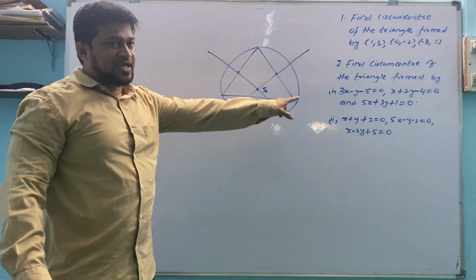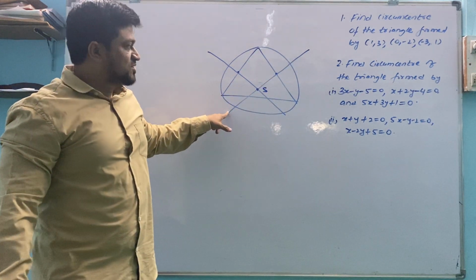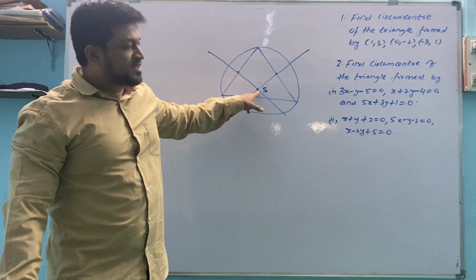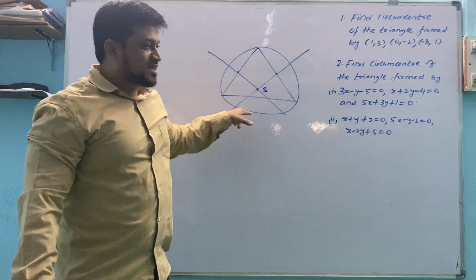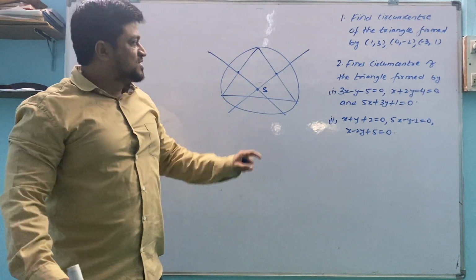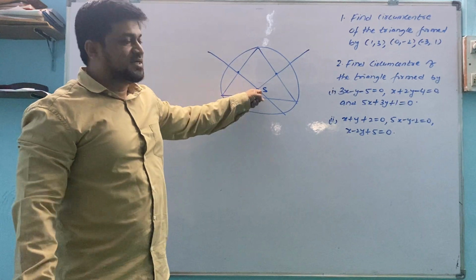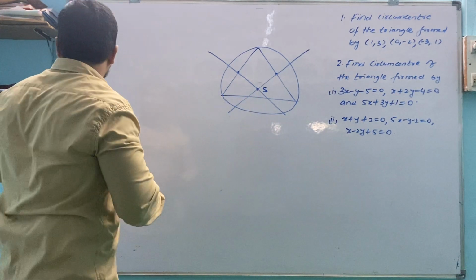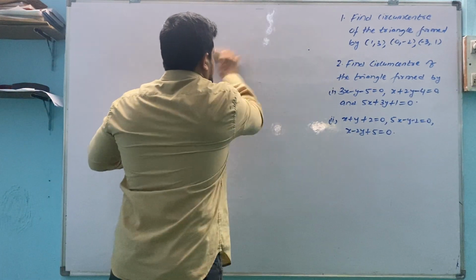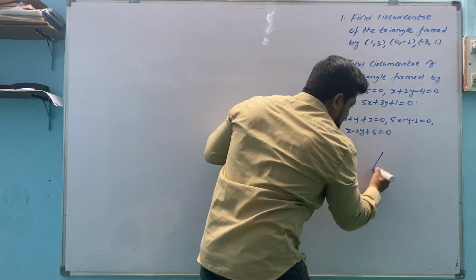See, if a triangle is there, we draw the perpendicular bisector of this side and the perpendicular bisector of this one. Wherever the bisectors intersect, that is S, the circumcenter. From that point, we draw one circle which touches all three ends of the triangle. Such a circle is known as a circumcircle, and it has a circumcenter. So what you have to remember is, if I ask you what is circumcenter, you should tell me.